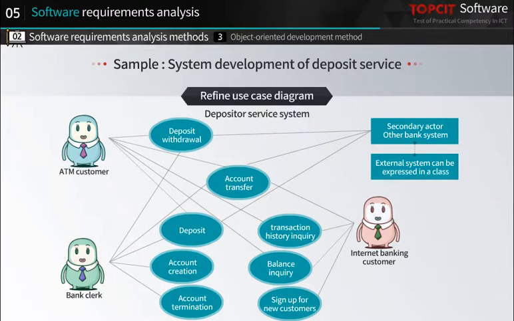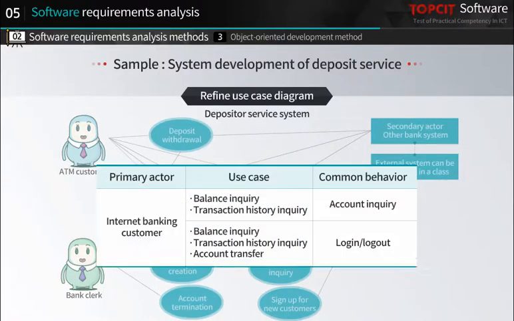The first step is to refine the use case diagram. In the initial use case diagram, some use cases may have common behaviors inside. These common behaviors can be separated into sub-use cases. The table on the screen shows the process of extracting common behaviors from the use cases shown in the initial